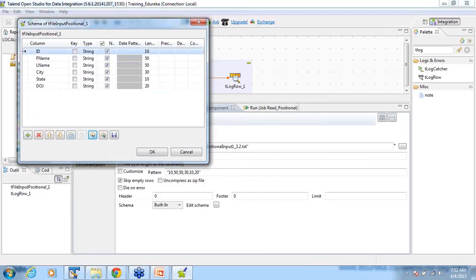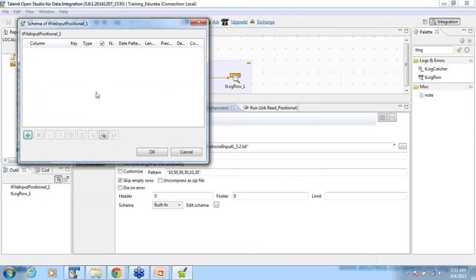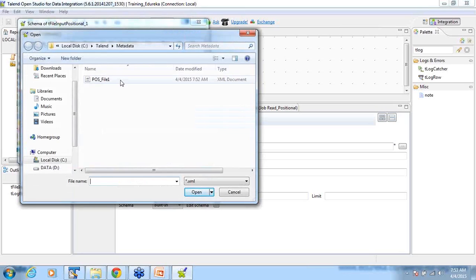Now assume that this is a new job which I'm creating and I do not have any data. I do not have any metadata with me. So as soon as I click on my edit schema, I'm going to receive a blank screen like this, and I do not want to reinvest or rework on the same kind of metadata. So what I'm going to do is import the same file. Okay, as soon as you select and open it,